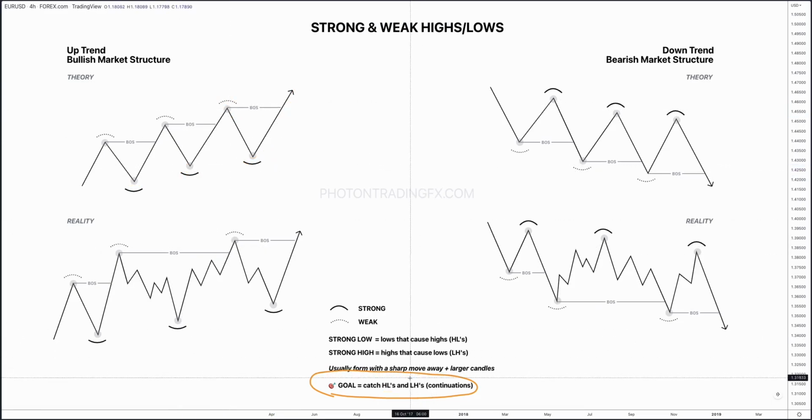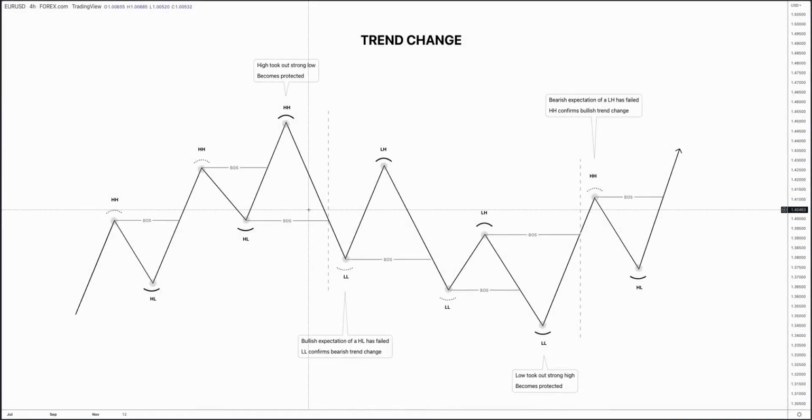And then our other goal is to catch the lower highs, because these are the strong highs in a bearish market. We're selling the strong structure and we're targeting the weak structure. So all that means is we're following the trend, trading from strong structure and targeting weak structure. Cool. So the final key lesson we want to do here with the basic market structure lesson is